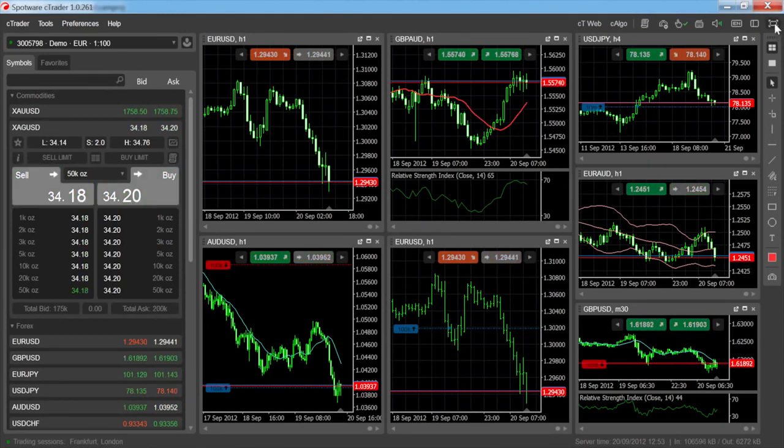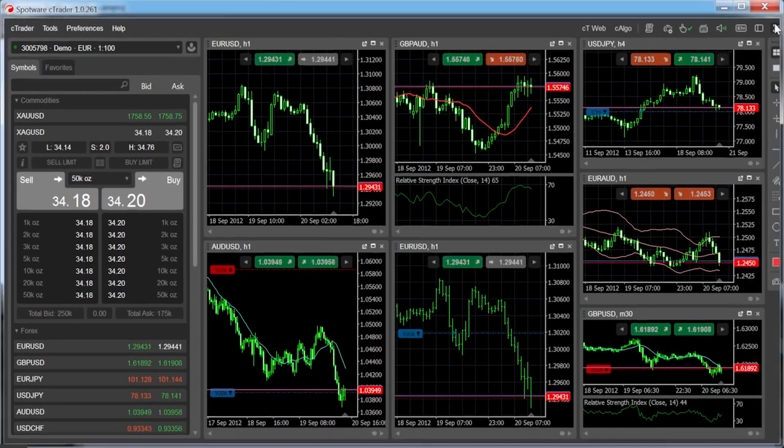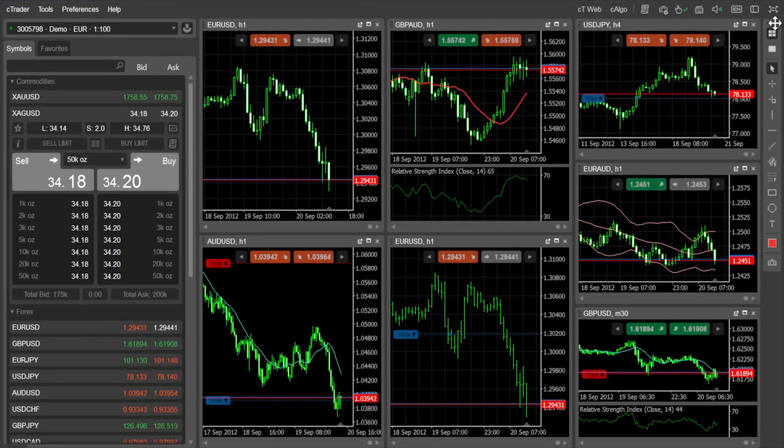Finally, you can also switch between windowed mode or full screen mode by using the toggle at the top right of the platform. Full screen mode will hide the window bar,